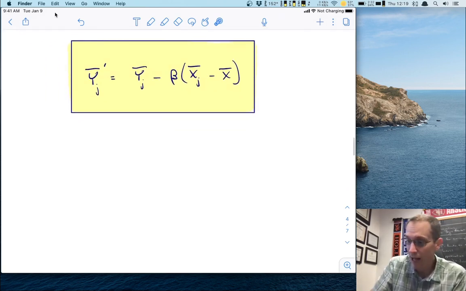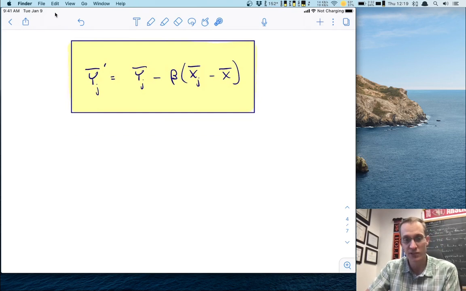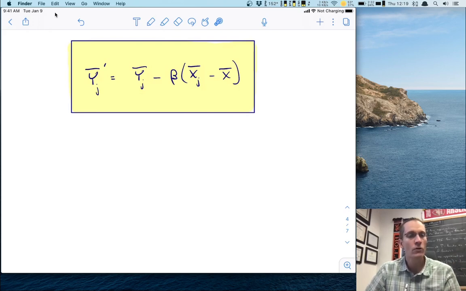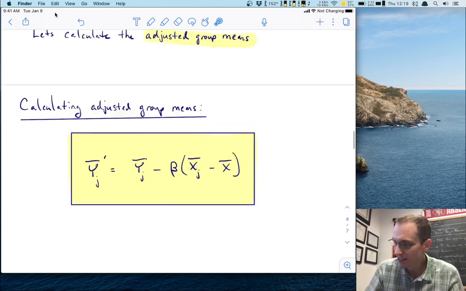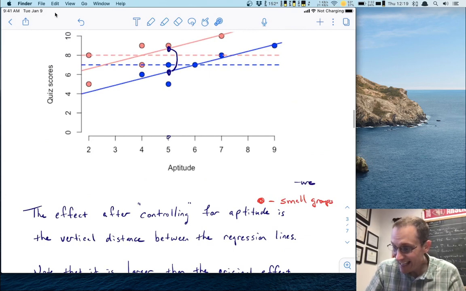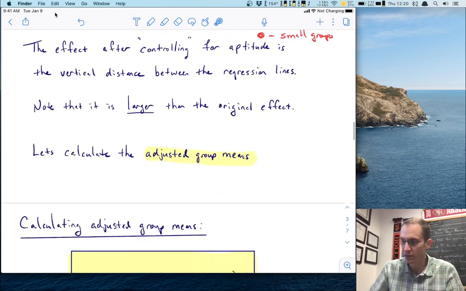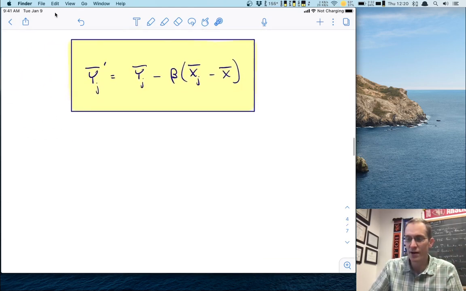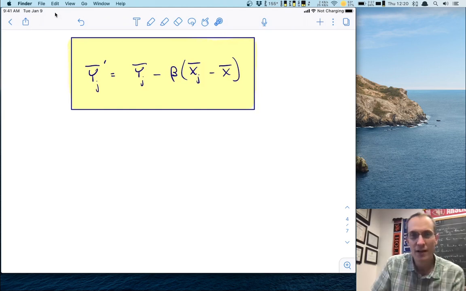Let's actually apply it to calculate some adjusted means. So remember, the story is the mean quiz score for the small groups was, oh gosh, what was it again? Let's go back up to the picture. It was 8, and the mean quiz score for the lecture was 7. Not much difference between them. Well, let's adjust and let's figure out how big those differences are now once we've taken into account the aptitude